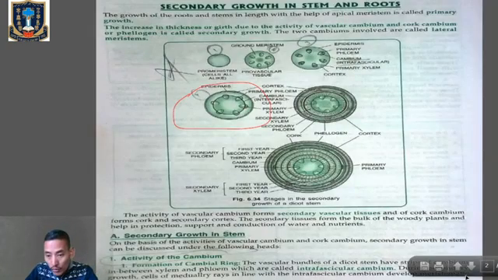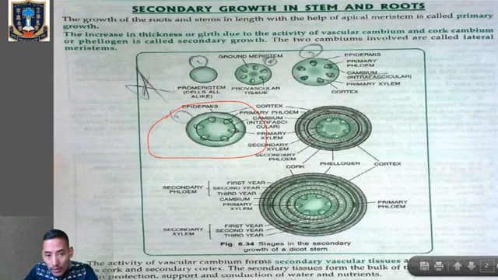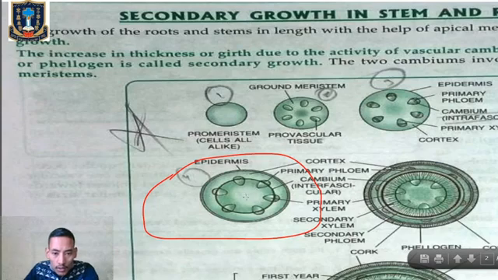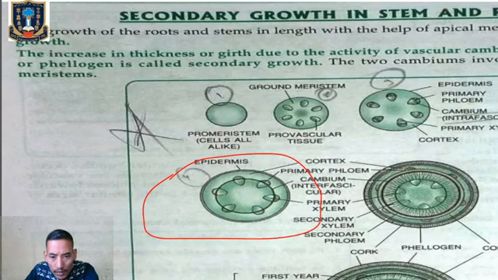If you look over here, we will see the structure. Clear? Here you can see the presence of cambium in between the xylem and the phloem. This cambium is called the intrafascicular cambium, because here you can see the presence of primary phloem and primary xylem. This one is the xylem, and this one is the phloem. In between the primary xylem and the primary phloem you can see the presence of cambium. This is called